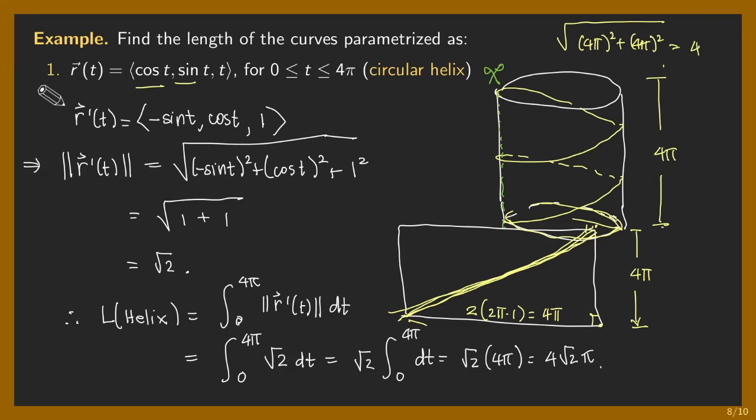I was mistaken in my thinking. It's actually a 45 degree right triangle, because both legs are equal to 4 pi, so you just multiply by square root of 2. Okay, so that's it.